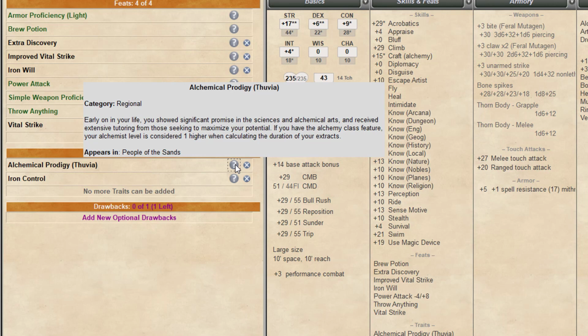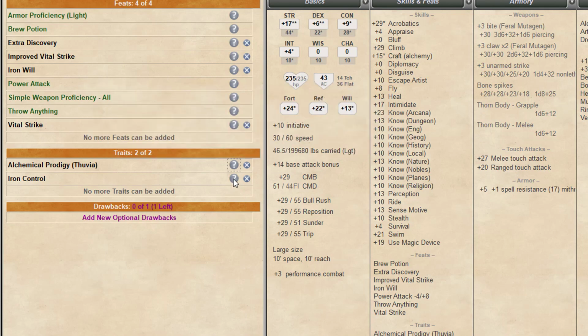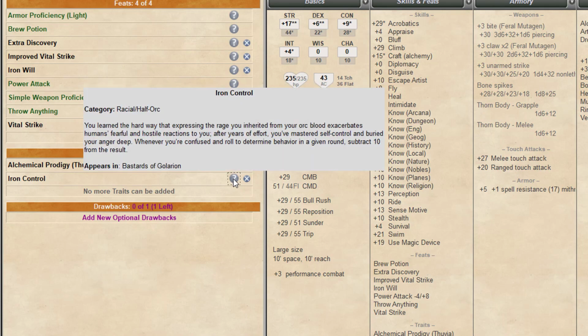And then the second one is going to be Iron Control, and this one means that whenever someone manages to confuse you, and you have to kind of roll to see what you're supposed to do, you're going to be able to subtract 10 from that result before determining what your appropriate behavior is, which should hopefully keep you from destroying your friends or yourself. And your weakness is the mental mind games, unfortunately. You don't get Hulk's immunity to that